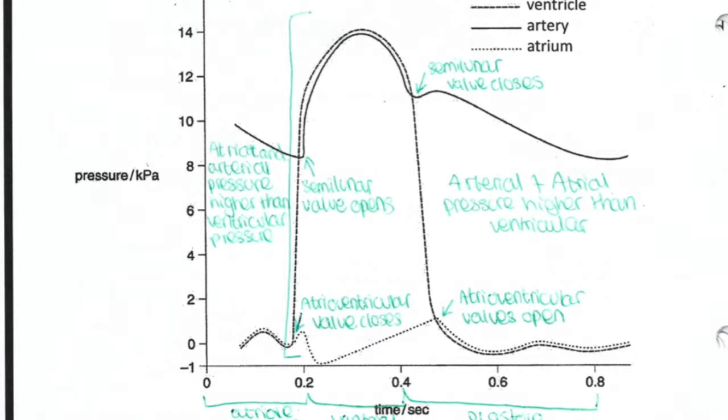So if we follow the cardiac cycle, or what we call the pressure changes in the heart, we notice here, initially, we have atrial systole. This is the atrial contraction of the heart, leading to emptying of the atria, filling of the ventricles. So as you can see here, the dotted line shows that the ventricular pressure is rising as the ventricles are being filled, and eventually they reach a point where the ventricular pressure is so high